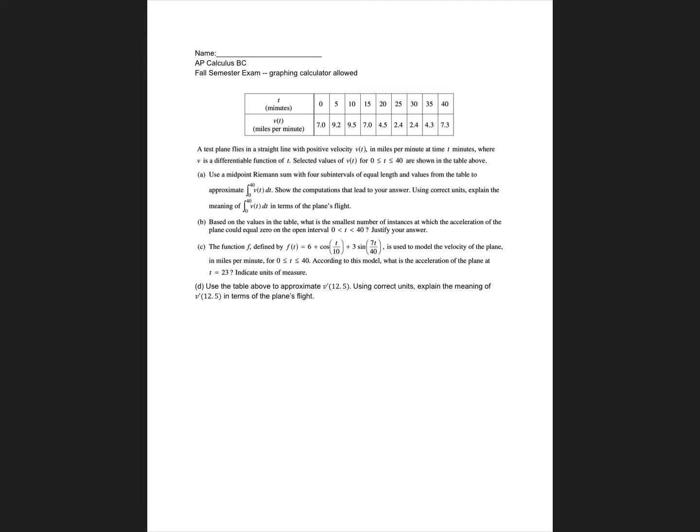So on problem number 1, they've given you this chart, which is velocity in miles per minute versus minutes, and they ask you a series of questions. Part A asks you to use a midpoint Riemann sum with 4 subintervals of equal length. So you notice the whole interval is 0 to 40. So 4 intervals of equal length will be 10